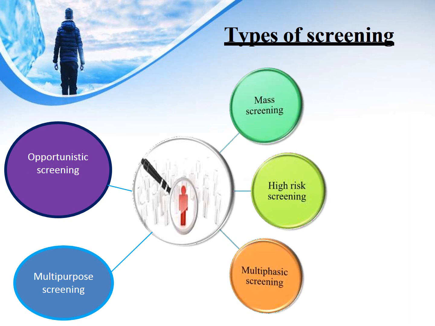Number four is multiphasic screening. This is the screening of a population by applying different tests in different phases for the diagnosis of one disease. For example, the whole population of an area is screened by testing urine for sugar. Those who are positive for glycosuria are subjected to a fasting blood sugar level. Those who have a fasting blood sugar level of greater than 120 milligrams per deciliter are subjected to an oral glucose tolerance test to find out the true diabetics.